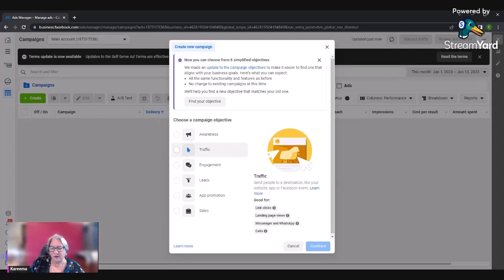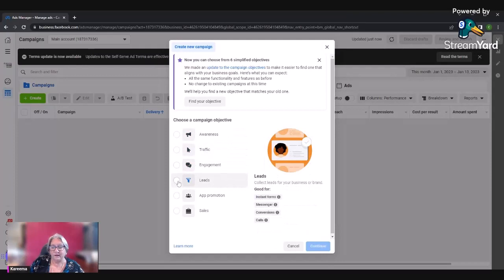maybe traffic, depending on whether I was sending them across to a lead form or whether I was sending them across to a landing page off Meta, or I might also be sending them across to a Messenger and WhatsApp. So read through these and think to yourself, which one of these is going to best suit what I want to achieve here. Again, we're back to strategy. Engagement, I must admit, I very rarely use engagement. Any time now, I tend to use either awareness and traffic, and I will tend to start with testing awareness,